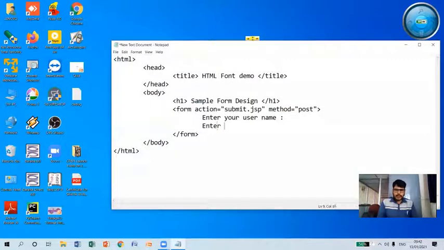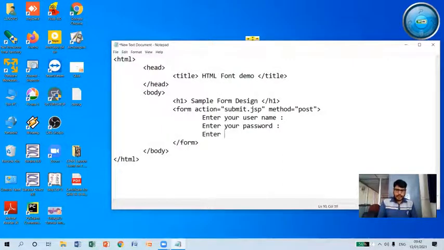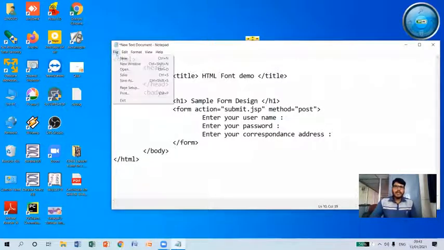After this, enter your password, with a colon, press enter, and after this, enter your correspondence address, and include a colon. So now let me save this with the HTML extension.